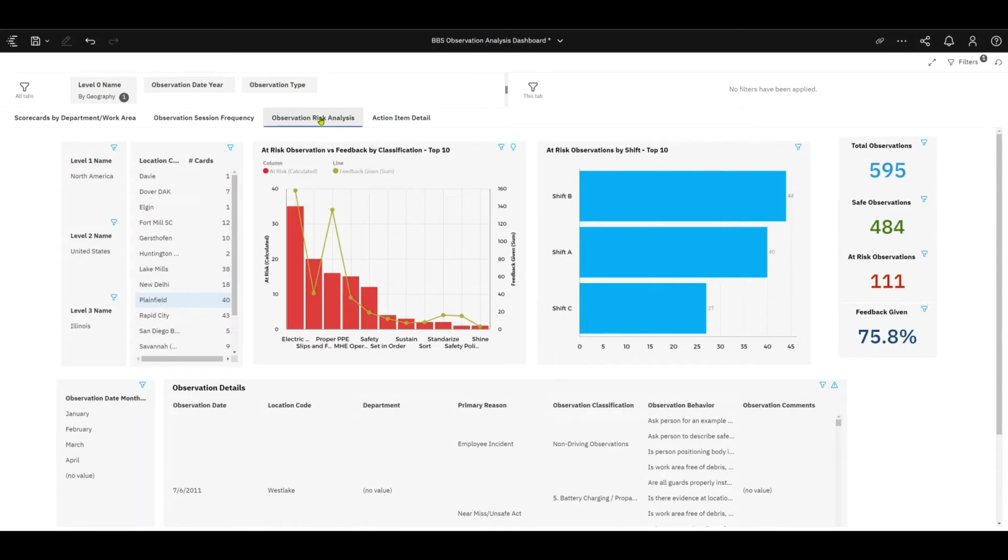We also have the observation risk analysis tab. Now this is really diving deeper into your at risk. I see the red here is your at-risk observations, and here it gives it by your category, whether it's electric safety, slips and falls, proper PPE. This gives you a really good indicator from your location or your region where you need to focus based on your behavior-based observation, what kind of risk analysis you can do out of that, or where you have to focus your action items, focus your attention on training,